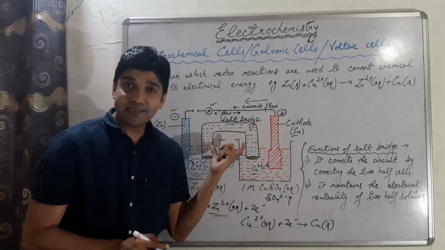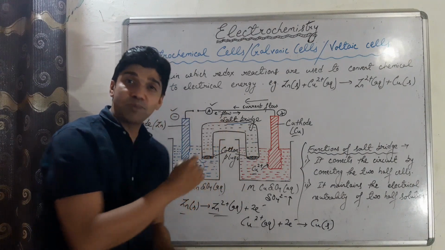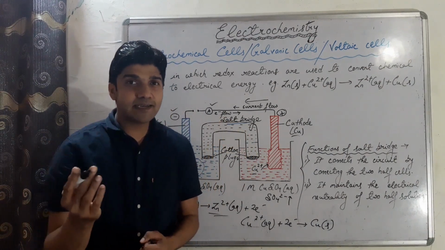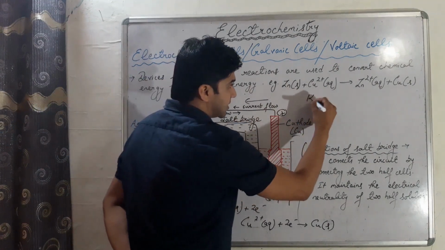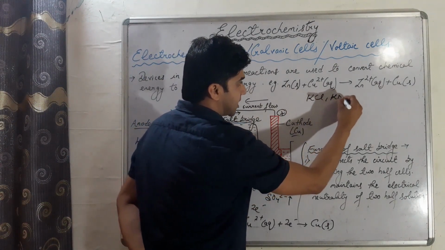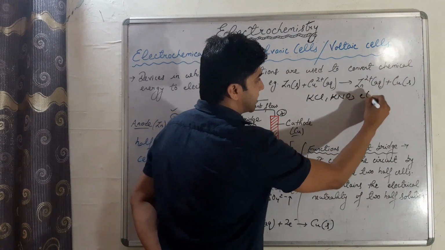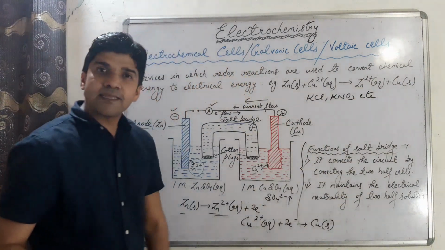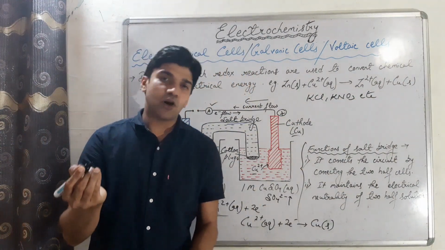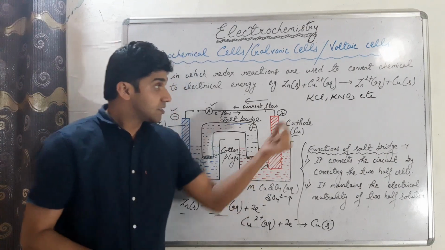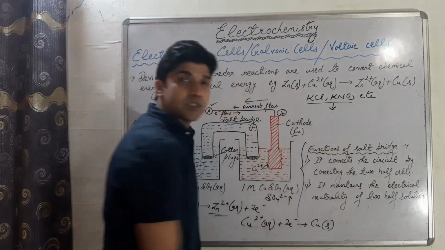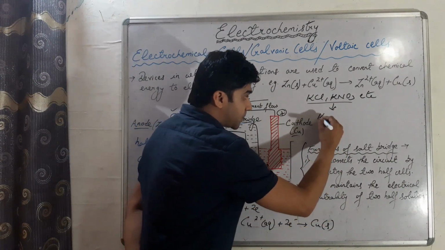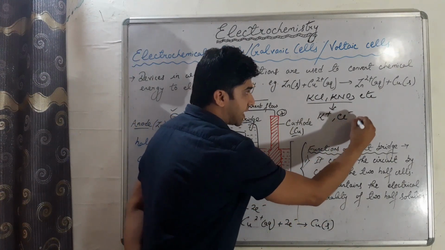So salt bridge is an inverted U-tube which contains inert electrolyte like KCl, KNO3, etc. in the agar-agar jelly or gelatin. So these electrolytes can dissociate to form cations and anions,